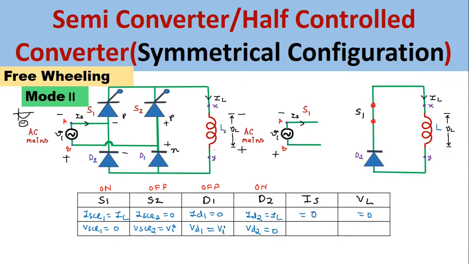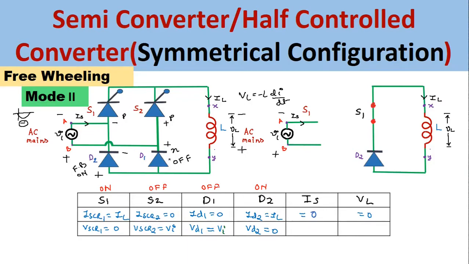The magnitude of this self-induced EMF voltage will be equal to VL equals L di by dt. The negative sign indicates the polarity of the voltage will be opposite to the source voltage. Here L is the inductance of the load and I is the load current. Now this self-induced EMF will bring diode D2 into conduction. Here we can see that this is positive, so this positive will go here because of the self-induced EMF. This self-induced EMF will bring this diode into forward bias condition, which means this diode starts conducting.